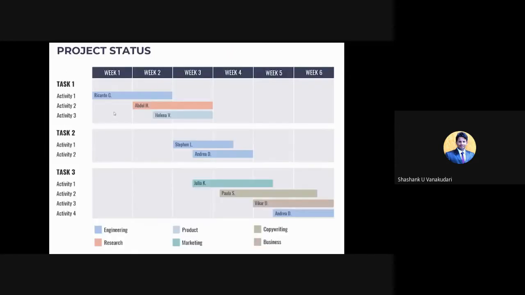Here you can see this blue color bar. This particular bar represents one particular activity; it has a certain start time from here and end time here. The length of the bar represents the total duration of the activity.